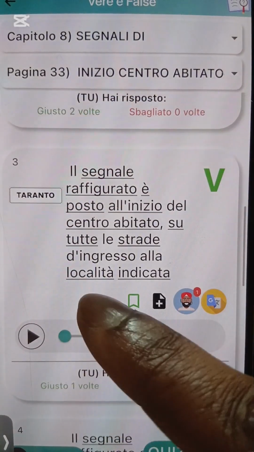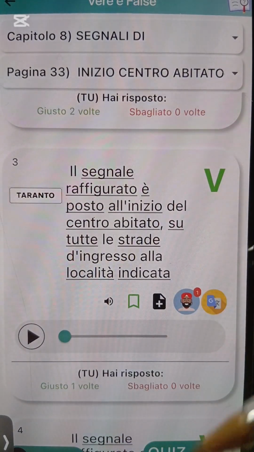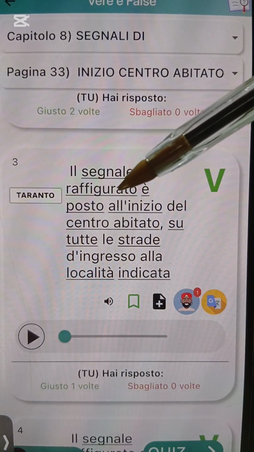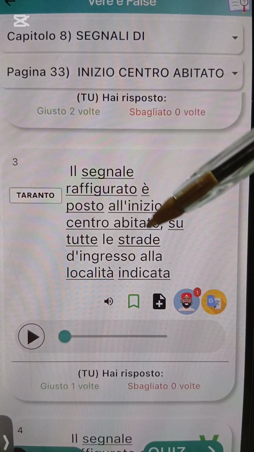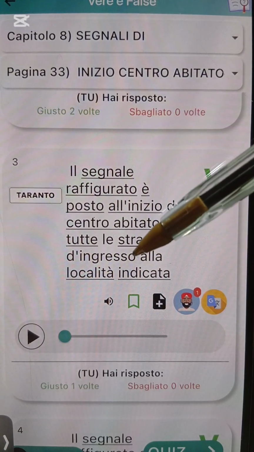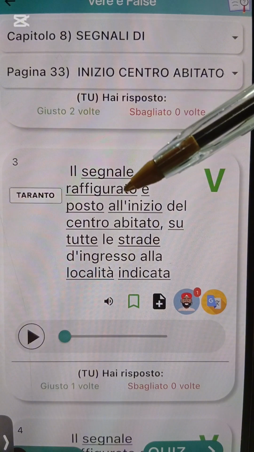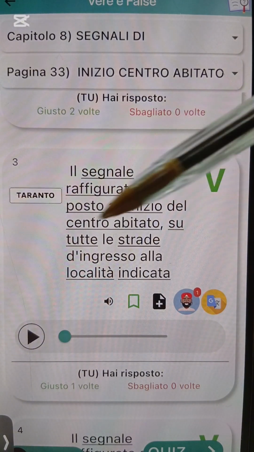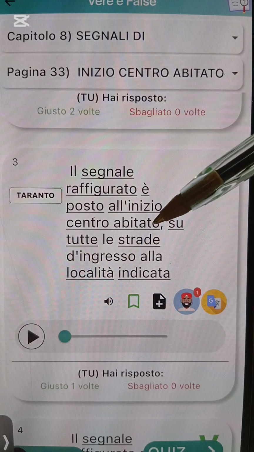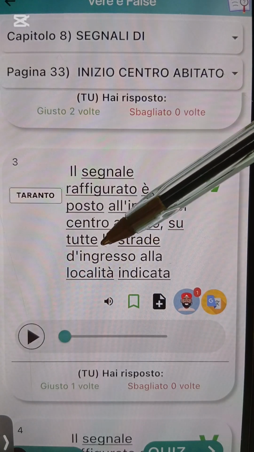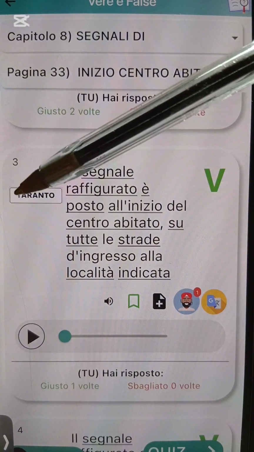Il segnale raffigurato è posto all'inizio del centro abitato su tutte le strade d'ingresso alla località indicata. It says this sign figure is placed at the entrance of the city center, on all the roads that lead to this city.